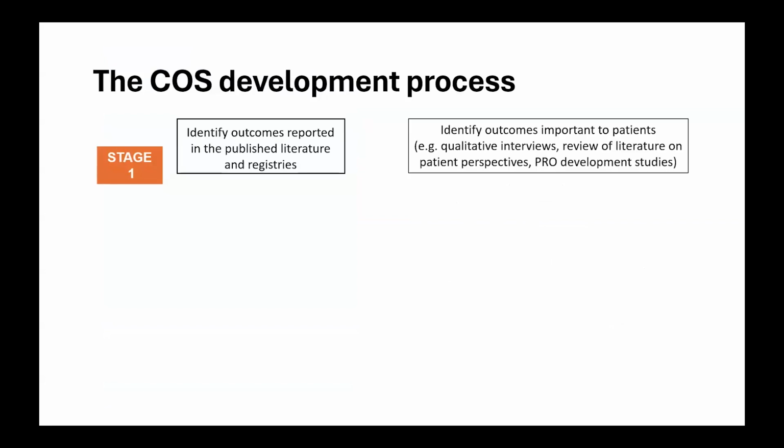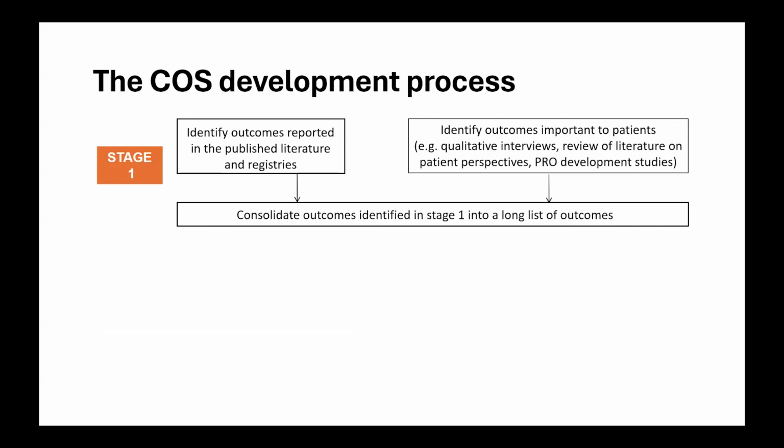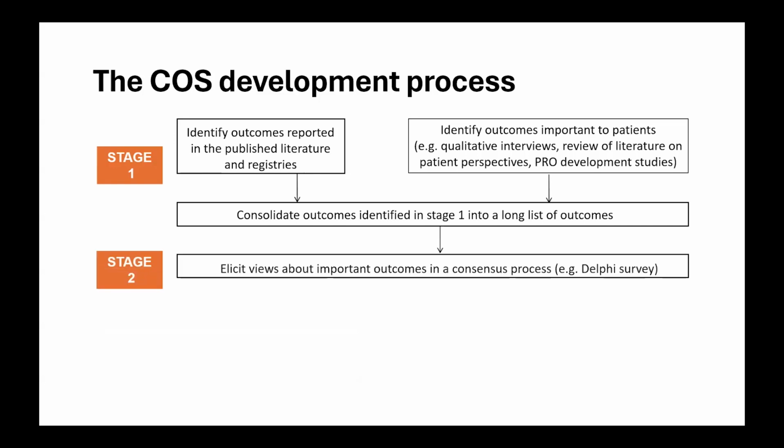So you would start off by identifying what outcomes have been reported in the literature for a given health condition. And then, usually what has been measured neglects that patient perspective. So we'd advise developers to do some work with patients. It may be qualitative work or use of existing literature on patient perspectives. And then the developers will consolidate all these outcomes they've identified into a long list of outcomes, and they classify them into domains and basically reduce them down into a more manageable list that would go forward to the consensus